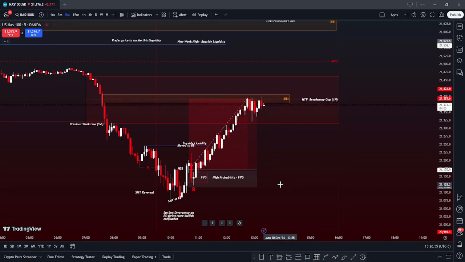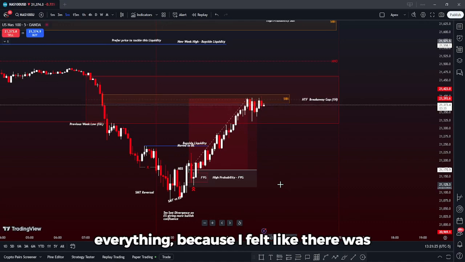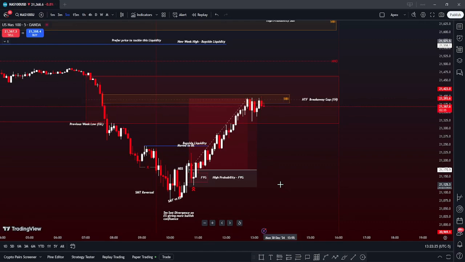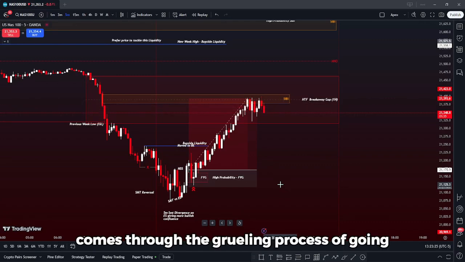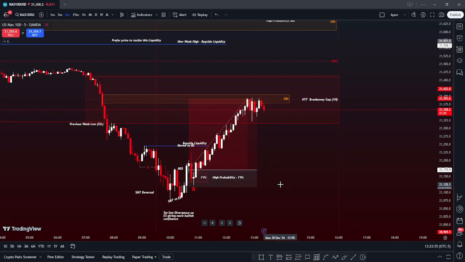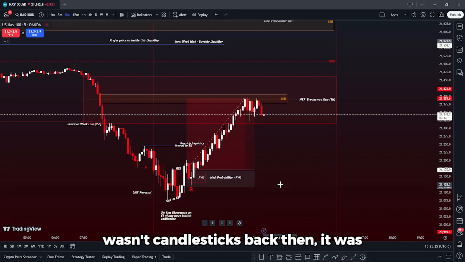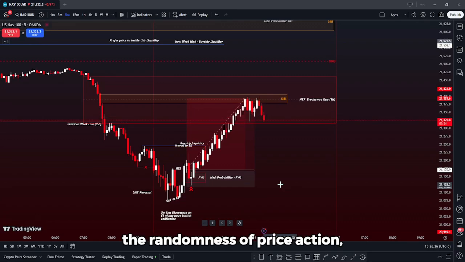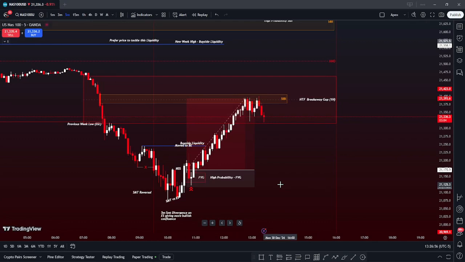I was literally all over the place, chasing everything because I felt like there was going to be something else that made it easier. When I discovered the easy aspect comes through the grueling process of going through and reading price, studying candlesticks, it wasn't candlesticks back then, it was a bar chart. But the randomness of price action, what repeating phenomena were taking place,